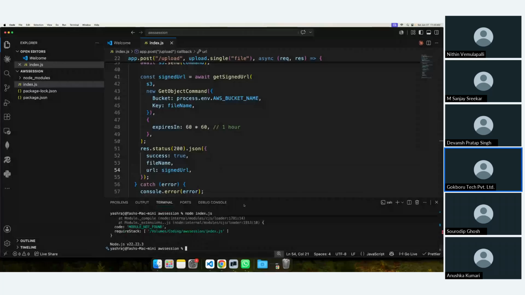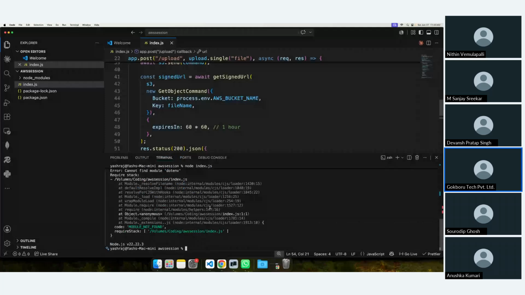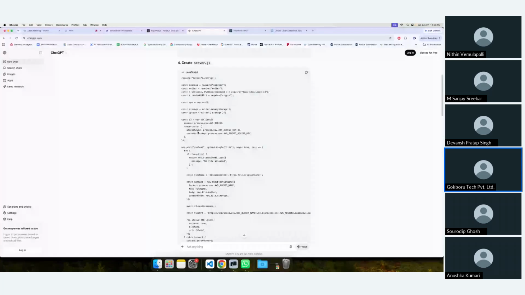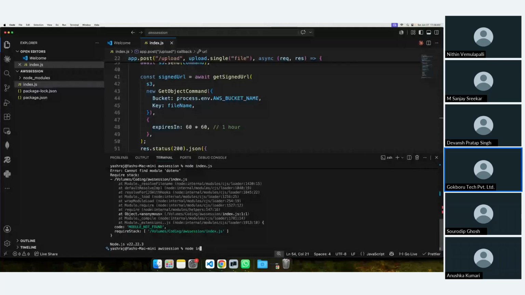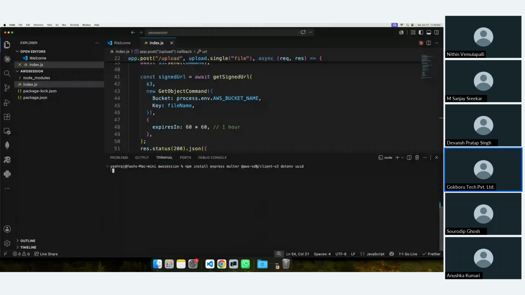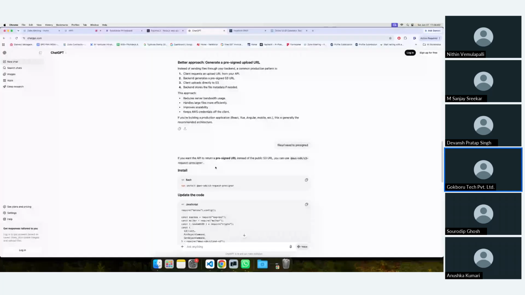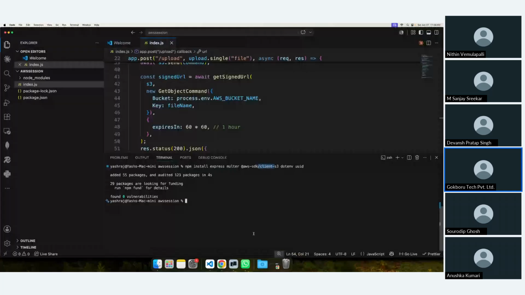Okay, we do not have all those installed, right? So first of all, we need to install all those packages: Express, Multer, the HTTP client for S3, dotenv, and then also the pre-signer. Clear. Now if I run node index.js,